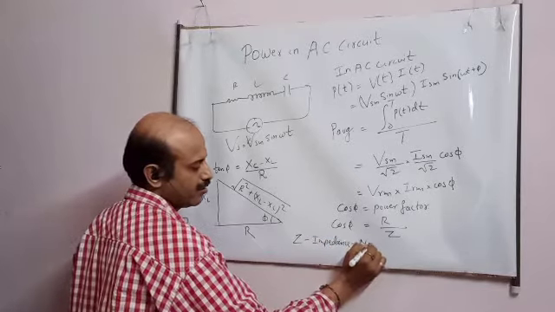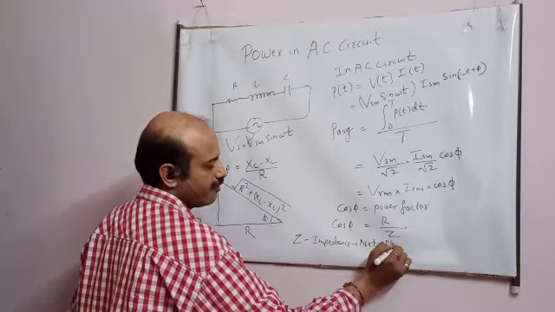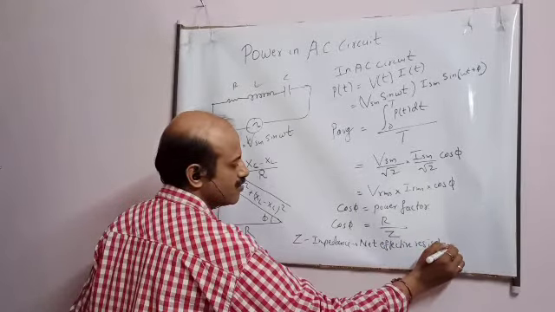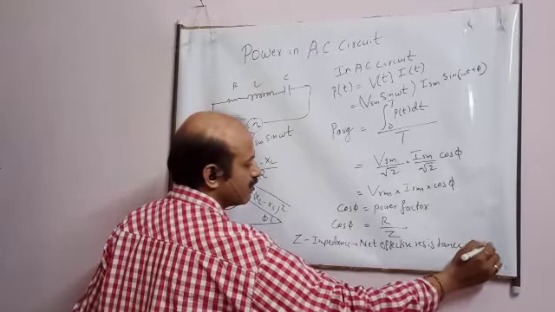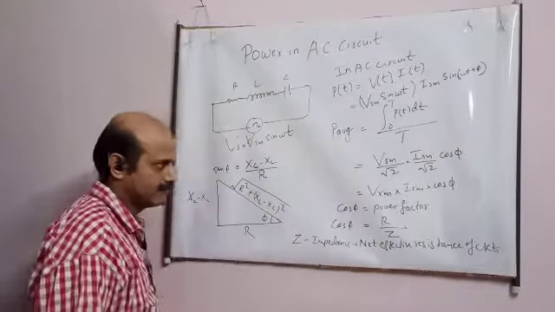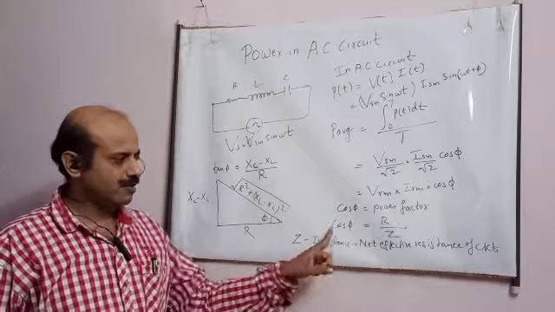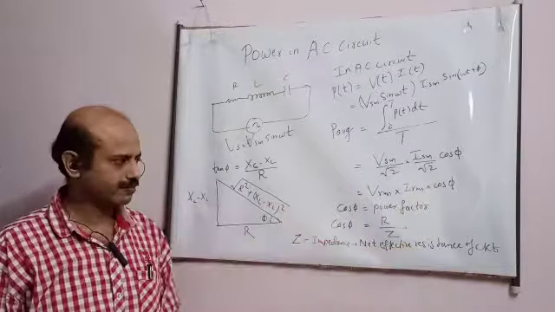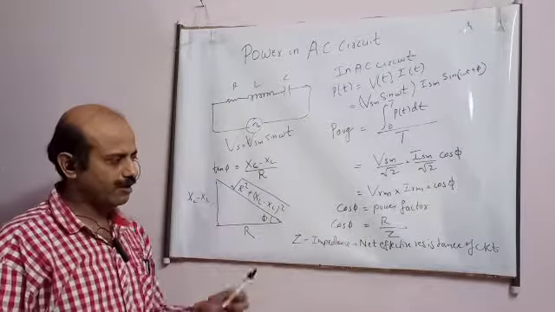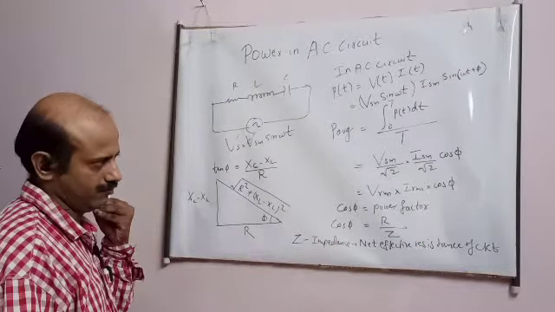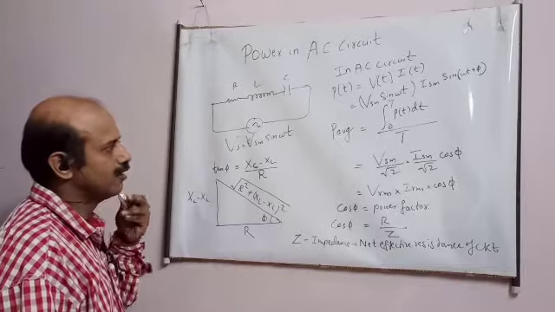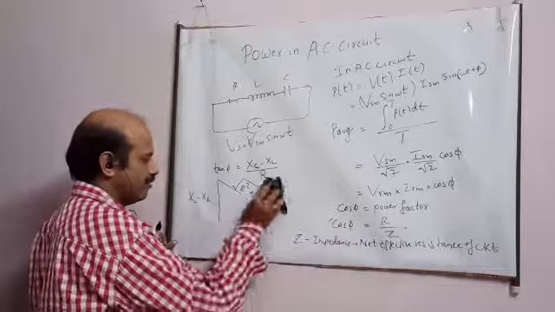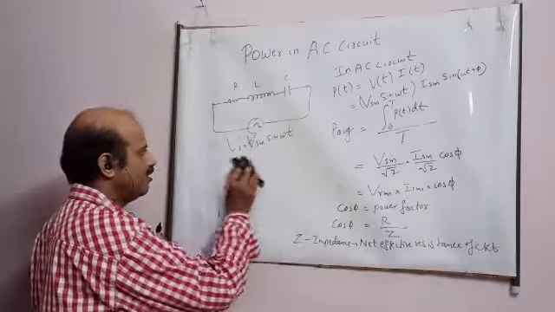Means net effective resistance of the circuit. This is the power factor, student. We'll come into the detailed part of it. What is the meaning? Now you see the derivation part only. Now, student, for average power, this is the formula. We have another formula for average power, student.